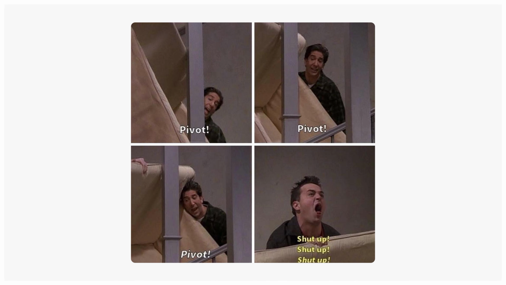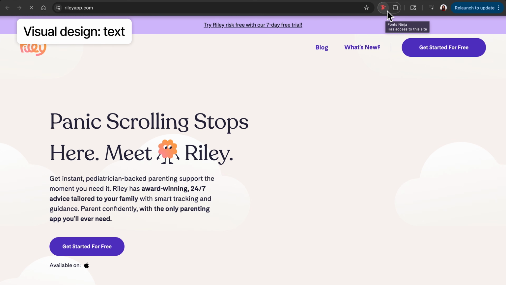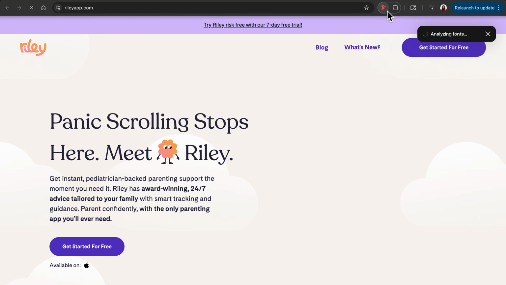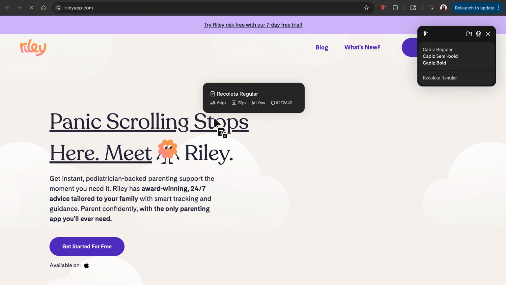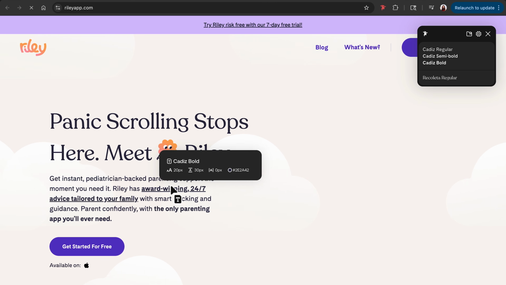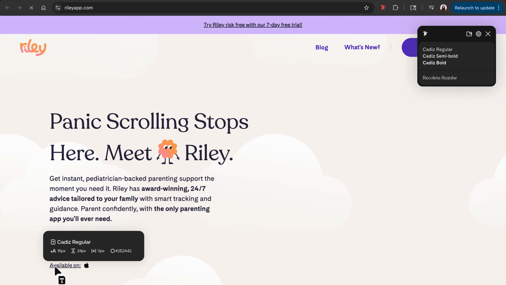And just like with color, you can take inspiration from other websites and copy their fonts. And I like to use this Chrome extension called Font Ninja. If you use this extension, it will tell you the direct font any website is using. But you might need to look at multiple inspirations because not all the fonts are free. But trust me, it is worth your time to pick the right font. And it is normal if you spend a few hours just to pick a font. Actually, you need to pick multiple fonts.